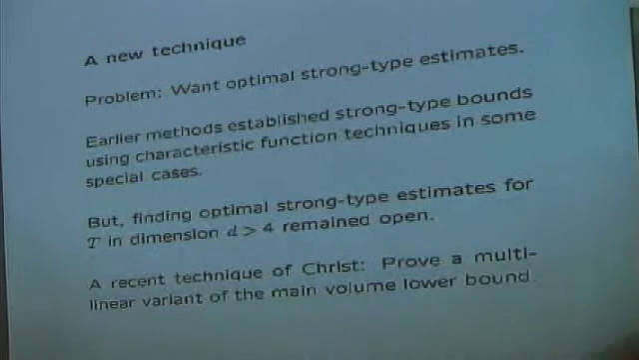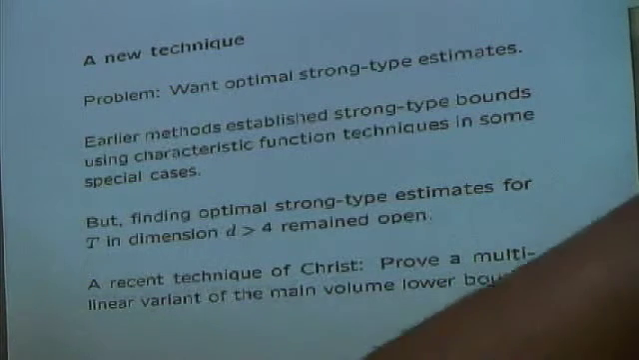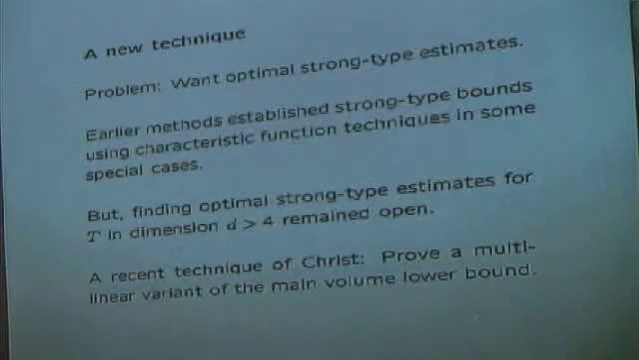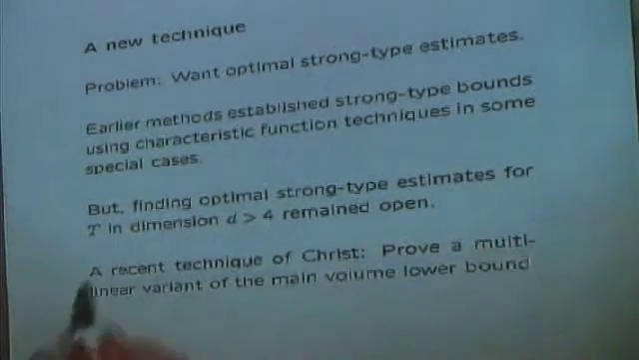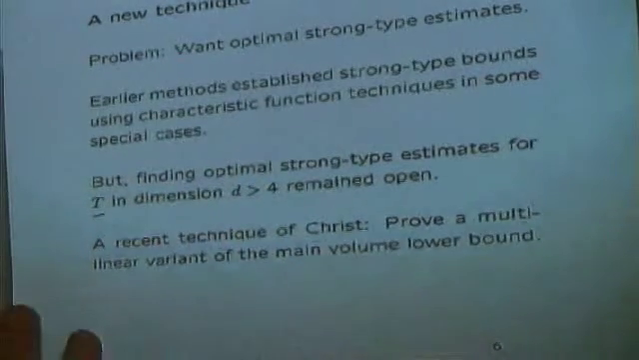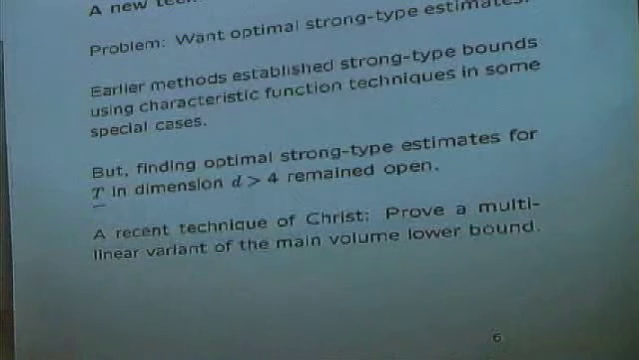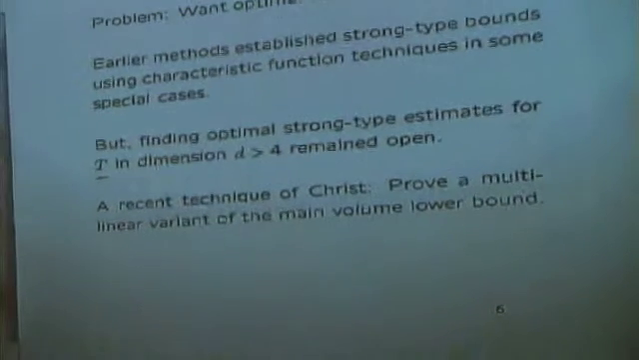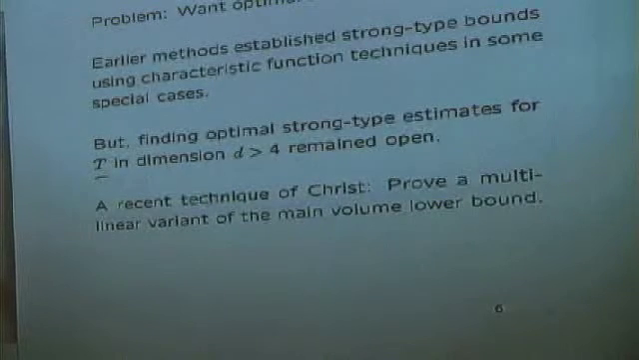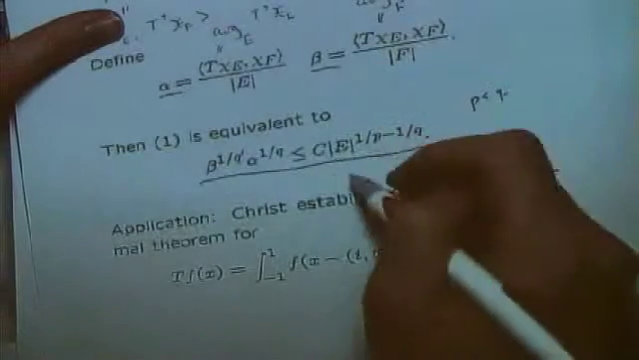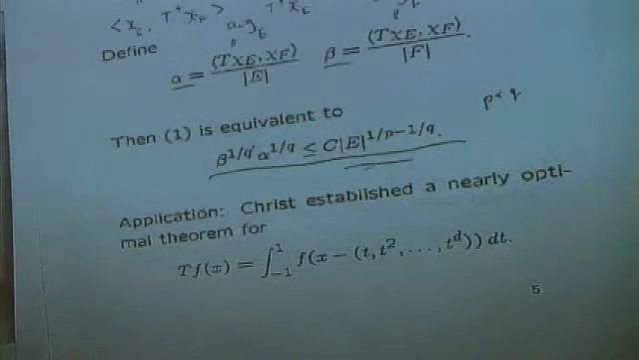And so this problem in dimension 4 for this operator T, which is convolution along the moment curve, remained open in dimensions greater than 4. So recently, Chris gave another technique which involves proving a multilinear variant of this volume lower bound here, which I referred to before. And so now you will have two sets,